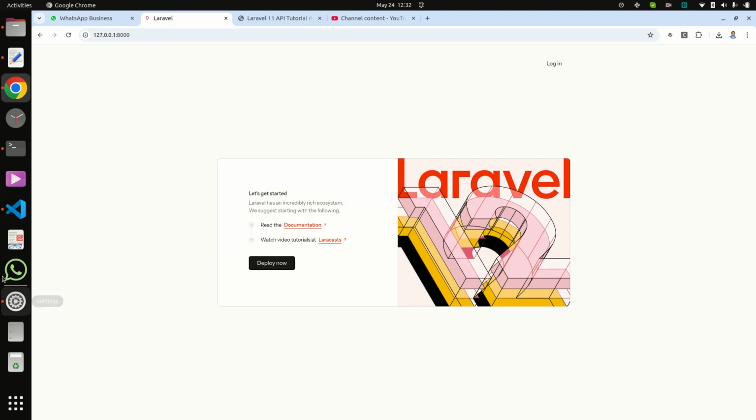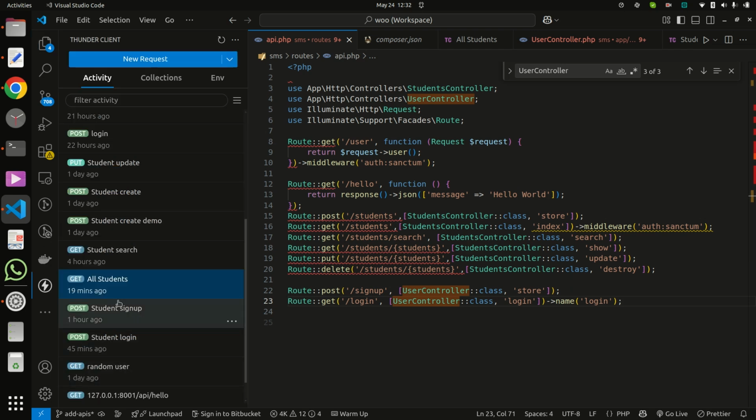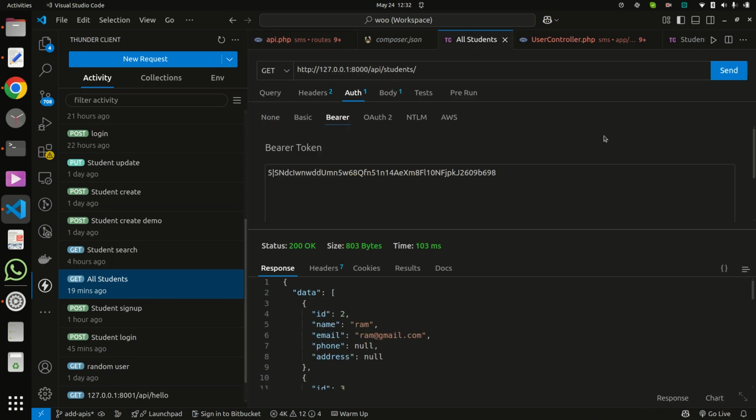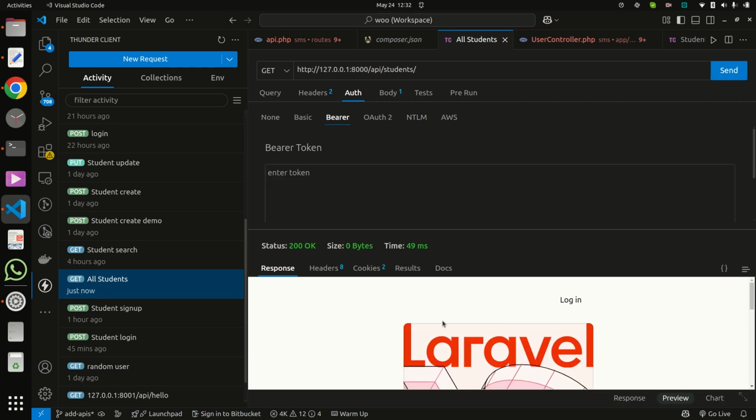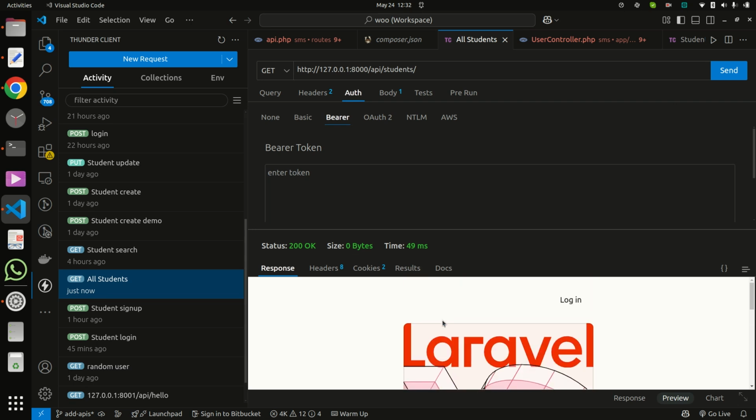Suppose I am accessing all students via the client. Now I remove this and access it, and it goes to the home page directly, because we do not use a bearer token here. So we first need to get a bearer token.